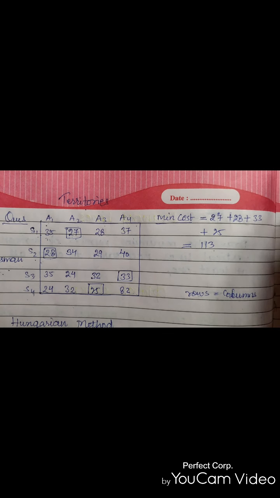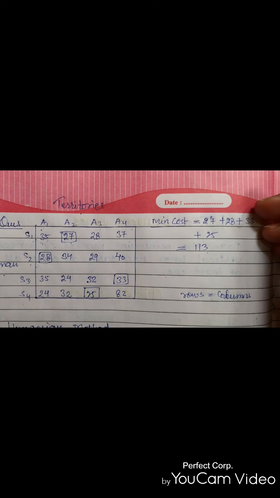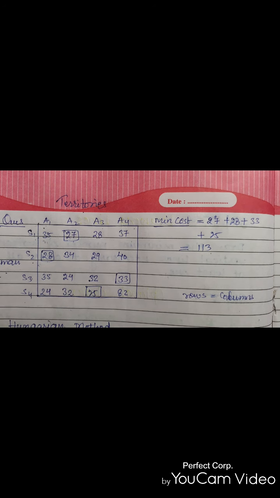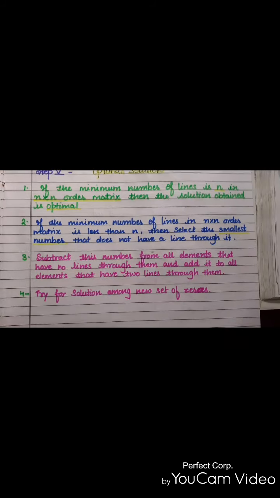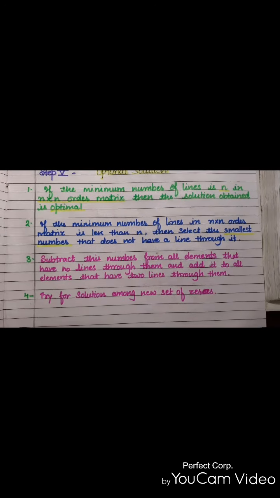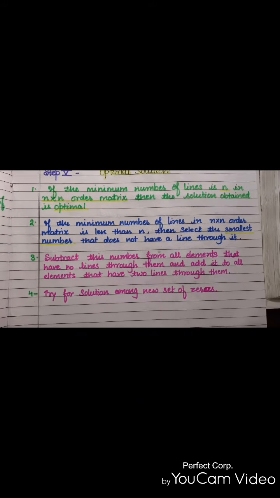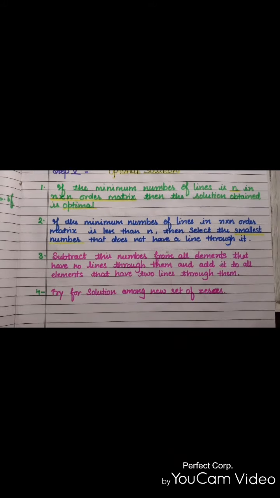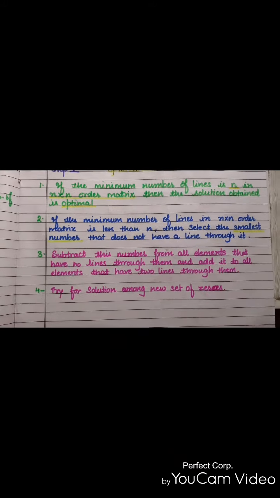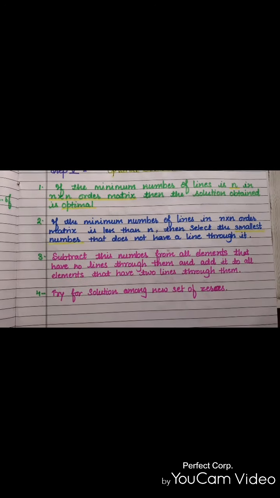That's it. This is the whole Hungarian method which we apply to solve an assignment problem. So what we learn next is how to apply this Hungarian method to an unbalanced assignment problem. In the next example, we will learn the last 3 cases of the optimal solution or the 5th step of the Hungarian method. This condition 2nd, 3rd and 4th. Right. So in the next example, I am going to tell you the applicability of these 2nd, 3rd and 4th steps, that is, when the number of lines is not equal to the order of the matrix.